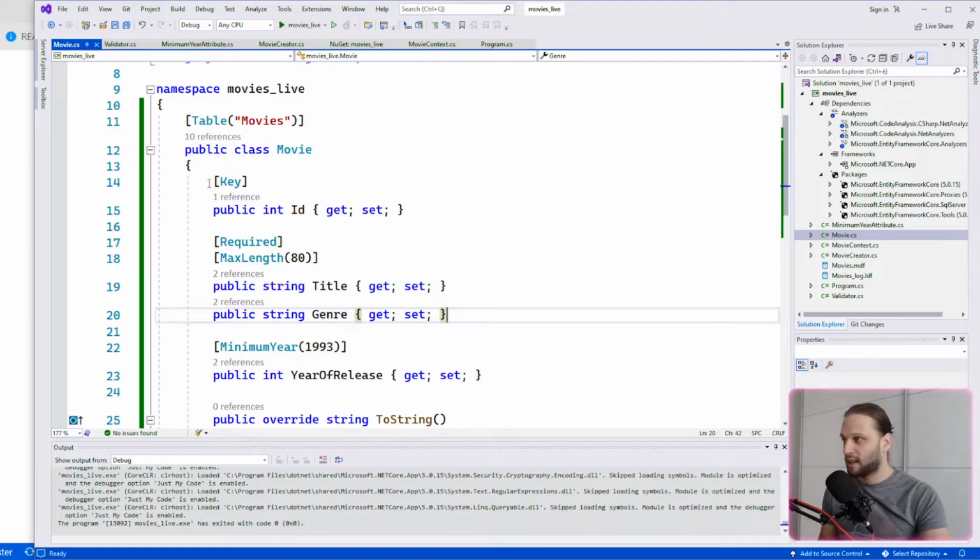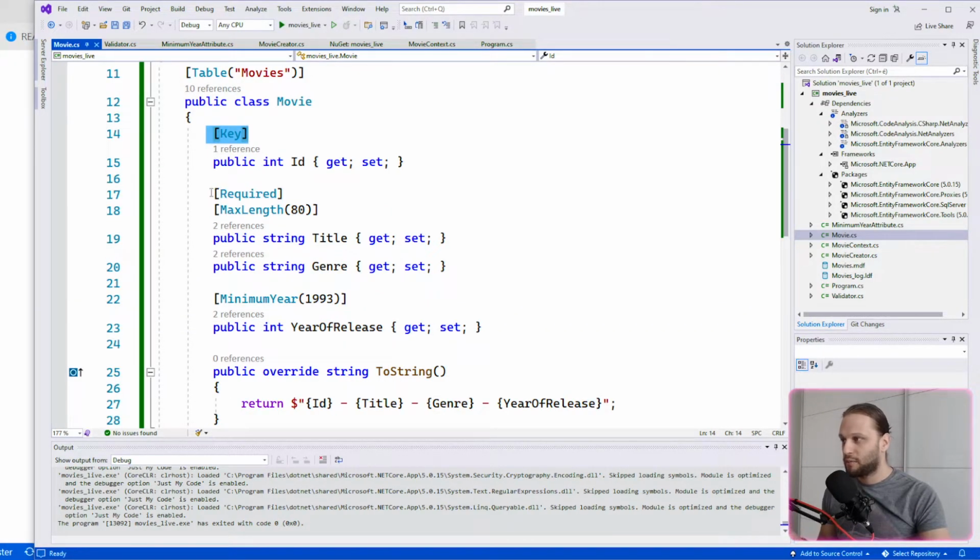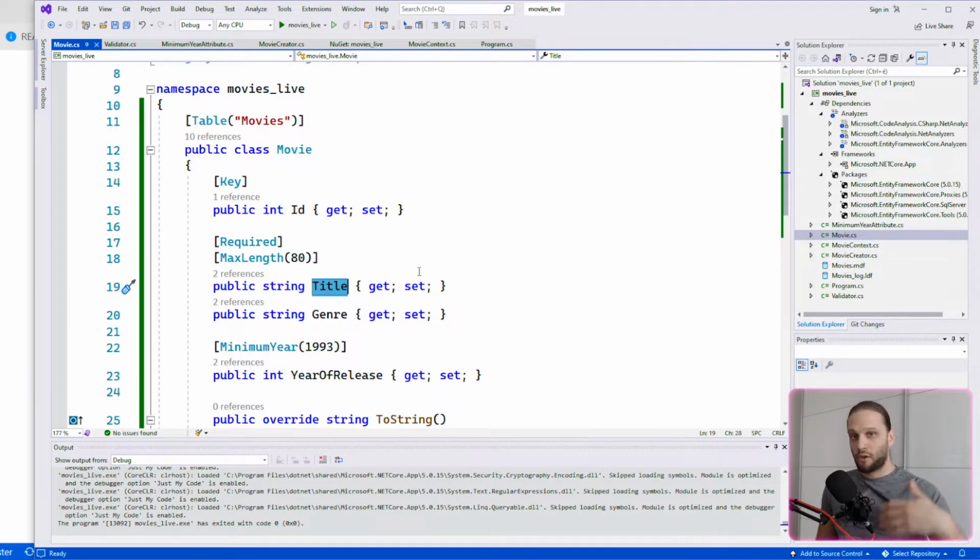Then it can see that when it has a key attribute placed on it, and you can see here that multiple attributes can be placed on top of one property or on a method. So basically this title property, whenever it's processed by Entity Framework Core, when it's creating the database and data tables for it, it can check that this property has a required attribute and a max length attribute. So both of them should be treated